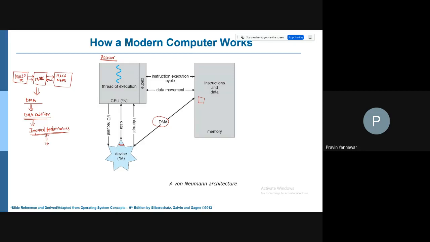All your devices are using the DMA controller to access the memory, and it provides the required data to a processor for processing, right? Okay, so this is really very important. So if you have